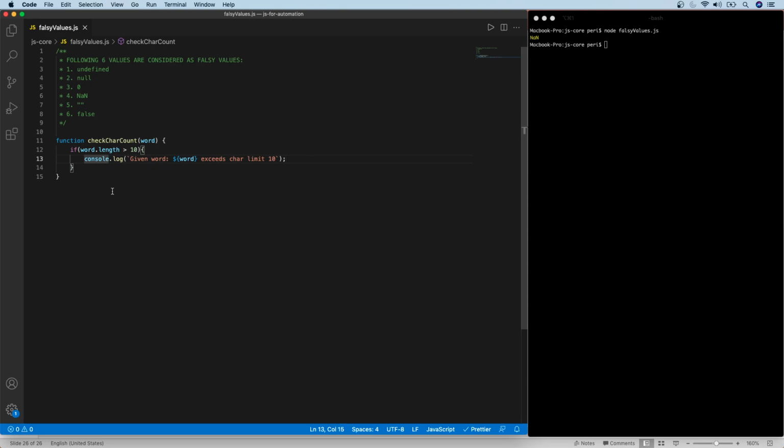For example, with any assertion library, we will assert and fail it if it is going to be greater than 10. So depending on our context again, do we need to fail it, or do we just need to report it as an error or whatever. So this is my simple function.